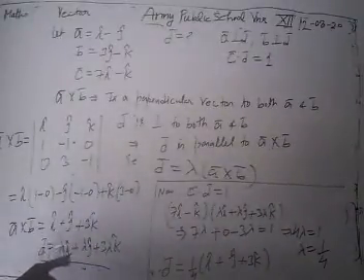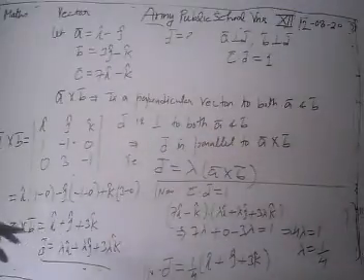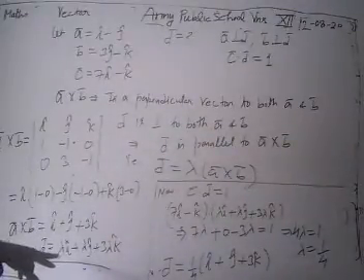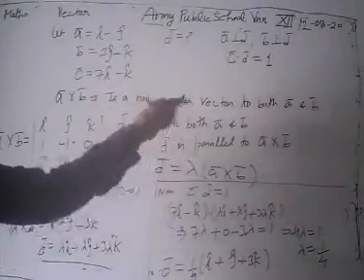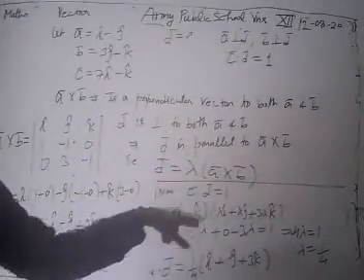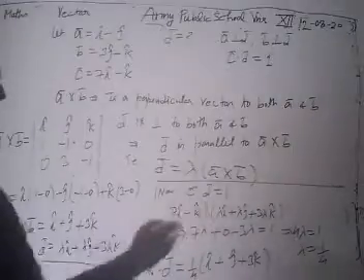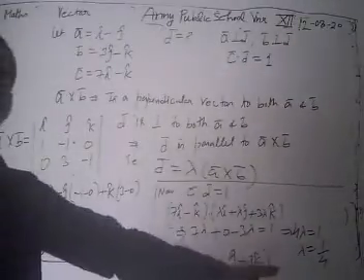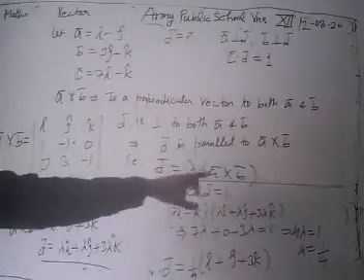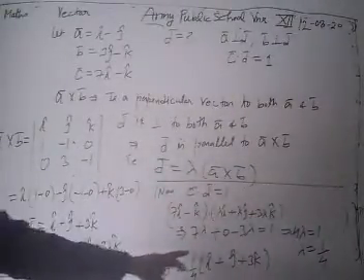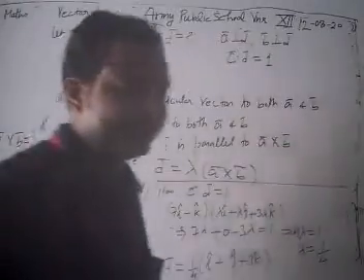Our vector D is given in the form of lambda times A cross B. Then vector D is lambda I cap, lambda J cap plus 3 lambda K cap. Now again in the last condition, vector C dot D is 1. Then we put in the values and take the dot product of C with D. We get the value of lambda as 1 by 4. Then putting the value of lambda here, with A cross B, we get our vector D as 1 by 4 in brackets I cap plus J cap plus 3K cap.